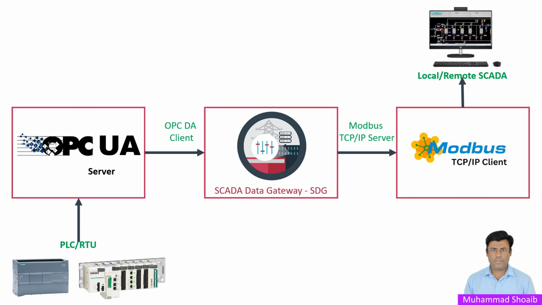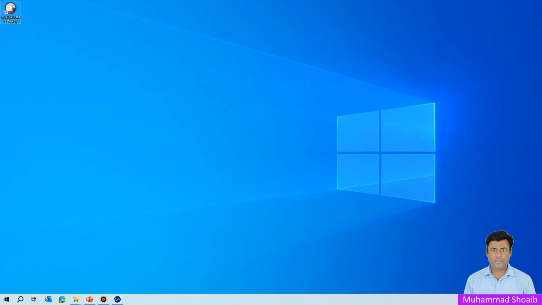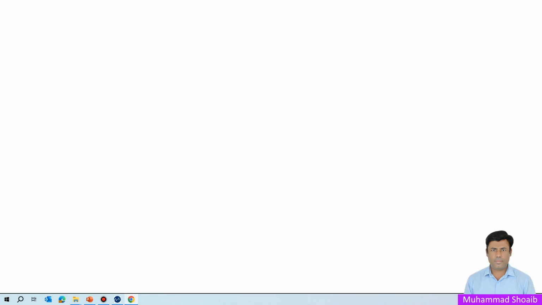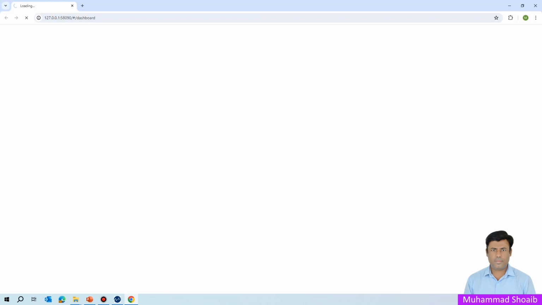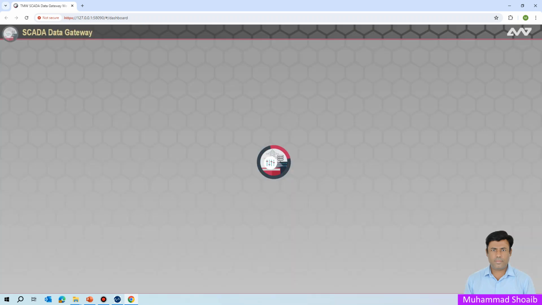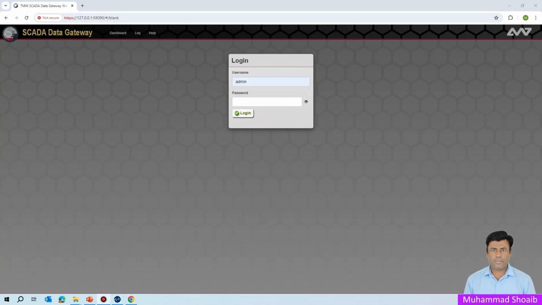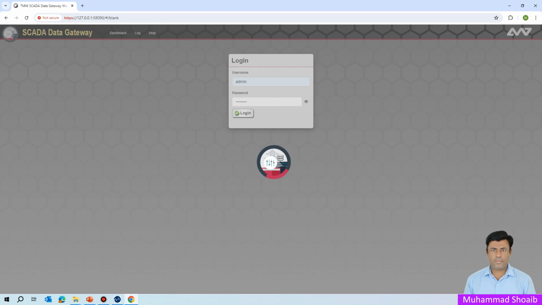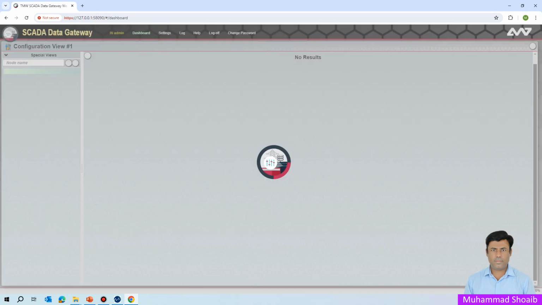So how can we configure SCADA Data Gateway in this particular scenario? Let's see the configuration. We'll open the SCADA Data Gateway application. We'll put the username and password. So after login,